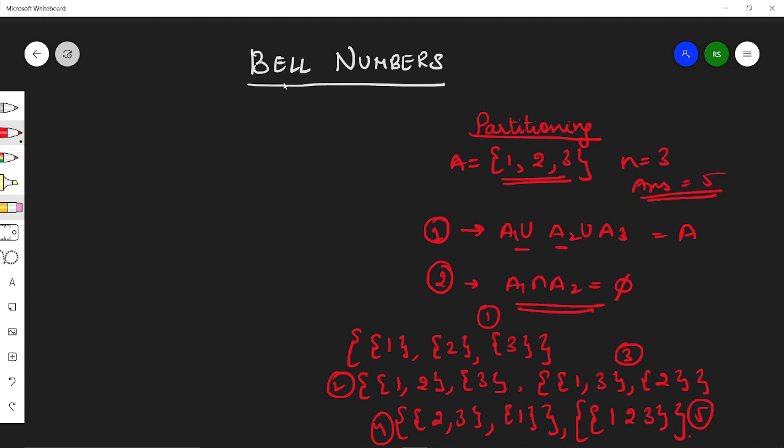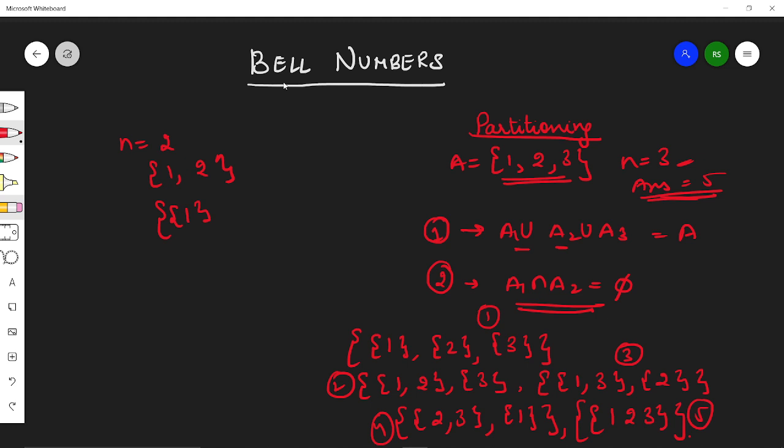So basically this is our question: you are given an n and we have to find the number of ways in which I can partition this set. We have seen that for n equals 3 the answer is 5. What if we have n as 2? Suppose the elements are 1 and 2.